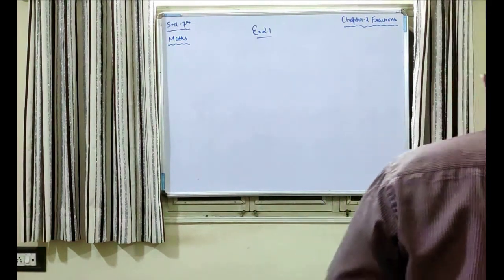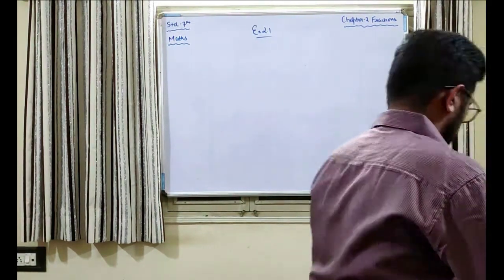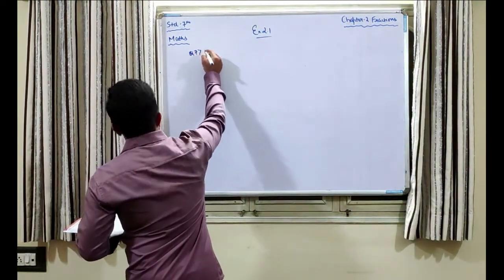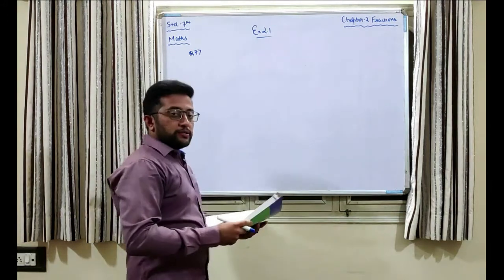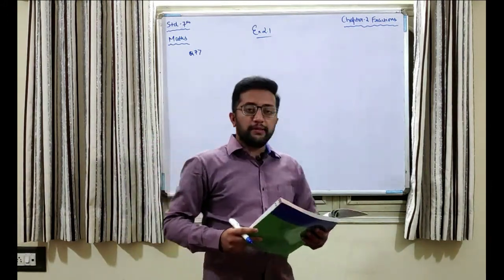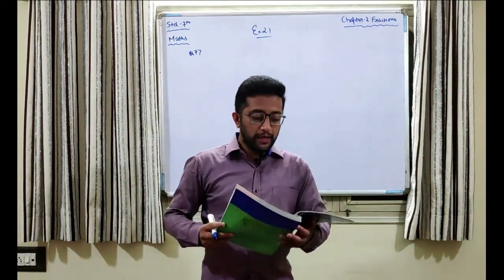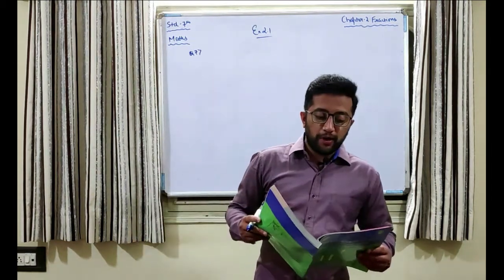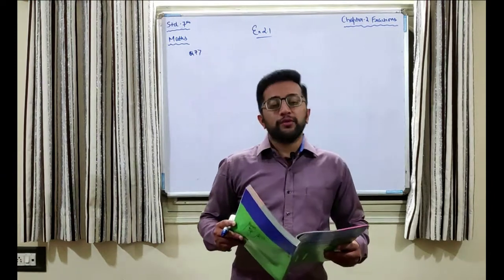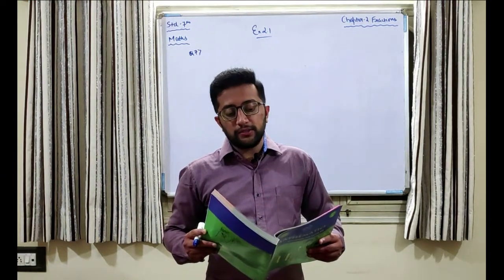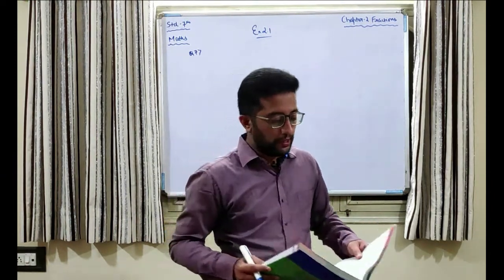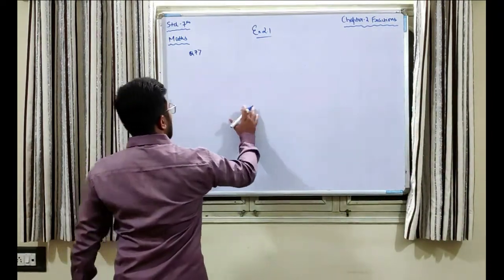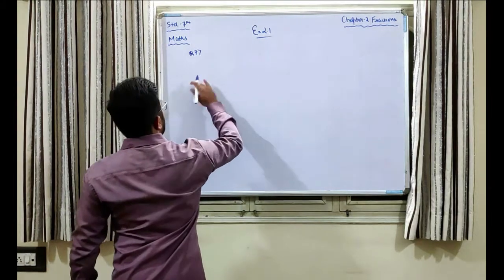Okay, so moving towards question number 7. First of all, let us understand the question, that is Ritu ate 3/5 part of an apple and the remaining apple was eaten by her brother Somu. How much part of the apple did Somu eat, and who had the larger share and by how much? Okay, so here the question is pretty simple. First of all, let us try to understand the given data here.